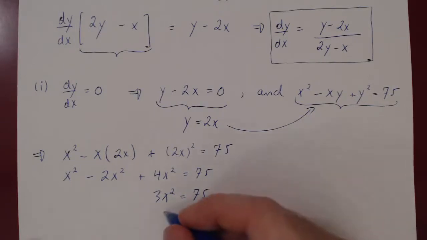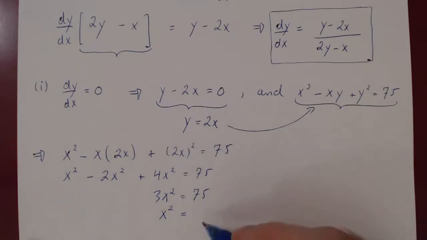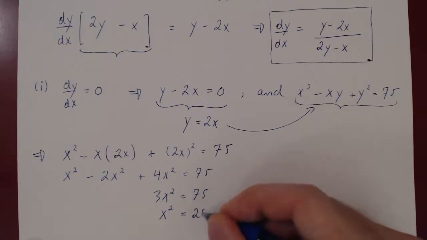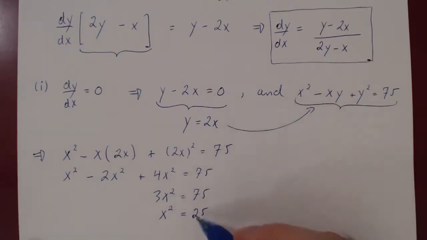Well, divide by 3, so x squared is equal to 75 over 3, but that's equal to 25. Right? 3 times 2 is 60, plus 3 times 5 is 15. 60 plus 15 is 75. Hence,